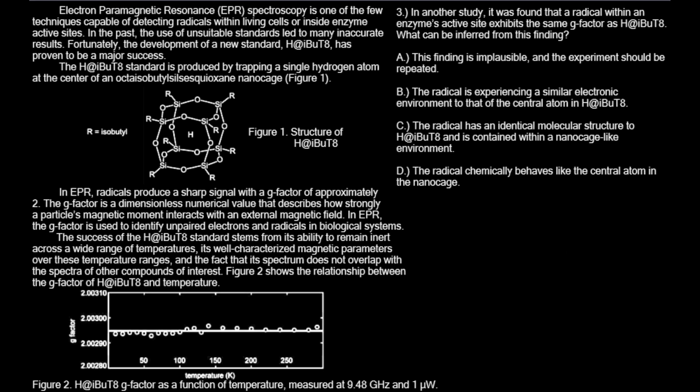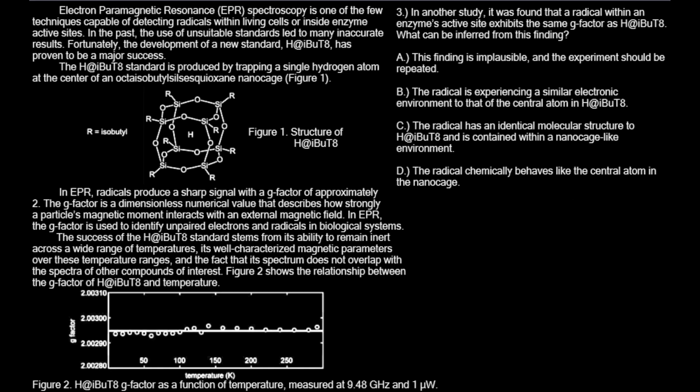Here's question number 3. In another study, it was found that a radical within an enzyme's active site exhibits the same G factor as H at IBUT8. What can be inferred about this finding? Answer choice A says this finding is implausible and the experiment should be repeated. Answer choice B says the radical is experiencing a similar electronic environment to that of the central atom in H